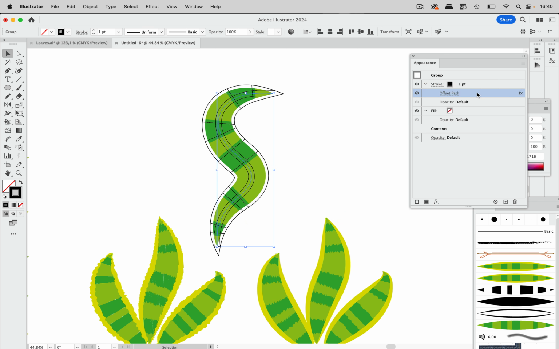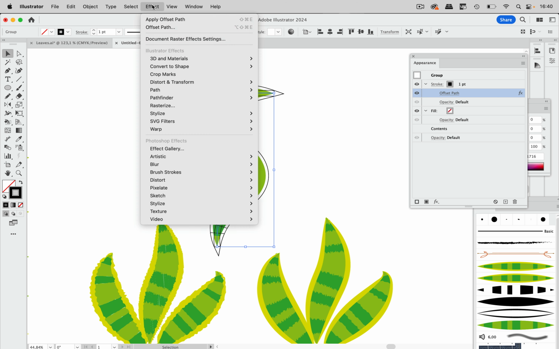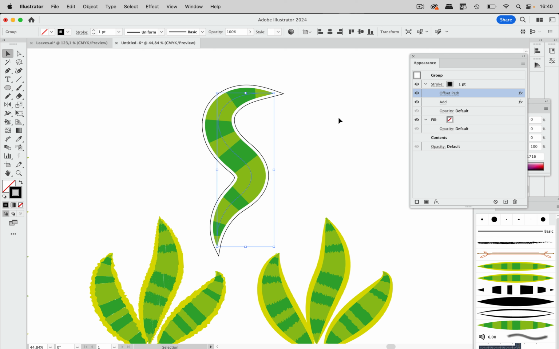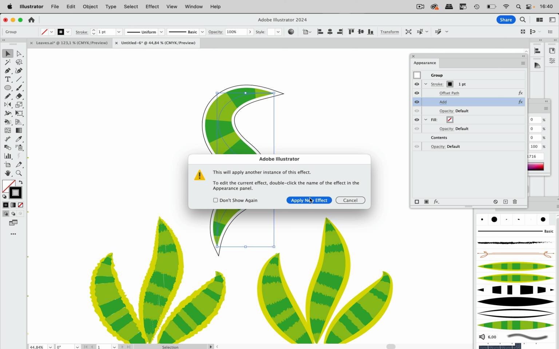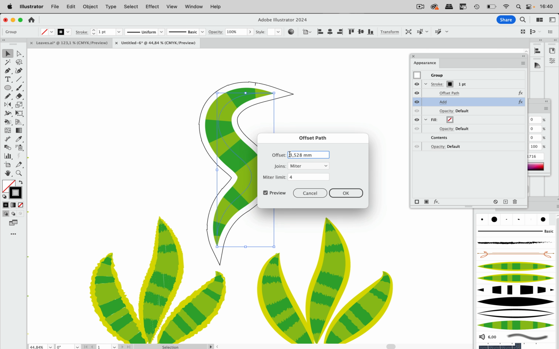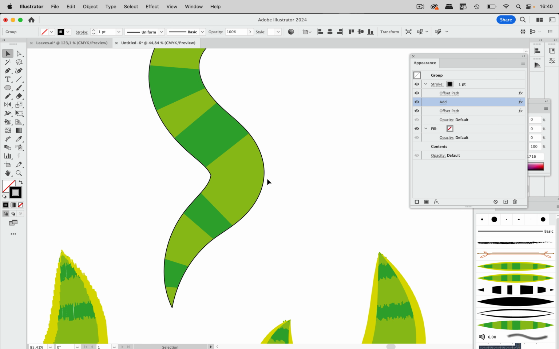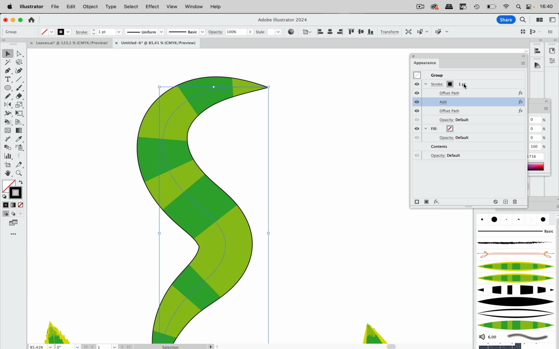And then let's just highlight that and go to Effect, Pathfinder, Add. This is nice. So now it has created the shape that I want. And of course, we now need to shrink that again. So let's go to Effect, Path, Offset Path, apply the new effect, and just reduce that, like this. And now we have the thing that we want, and we can go to